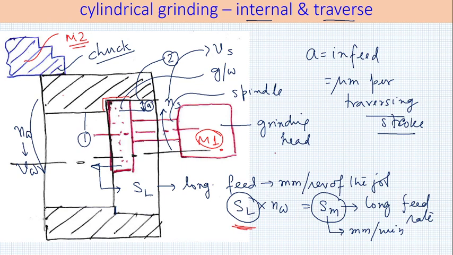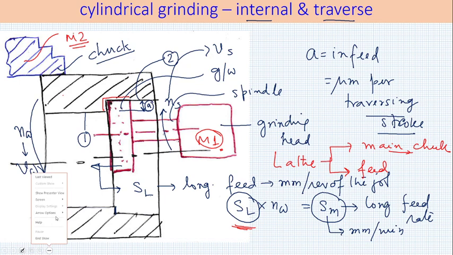In a lathe, what happens? You have rotation of the main spindle on which the chuck is mounted. So there you have a rotation, and the same motor provides power for longitudinal feed and transverse feed. A similar kinematic arrangement is used here. I am not going into the machine tool part of it. Bare minimum things I am identifying, but your concern is a valid concern.